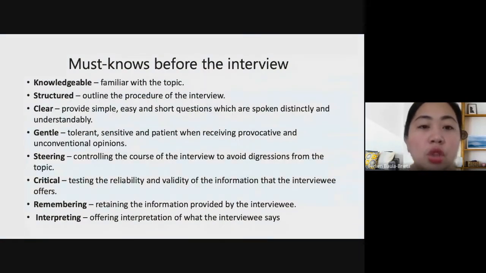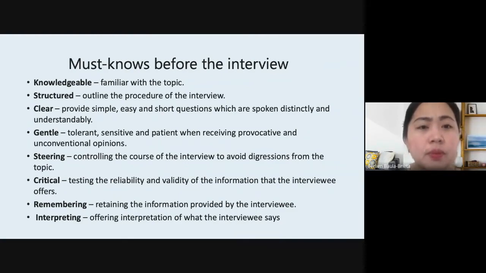The interview should provide easy, simple, short questions which are spoken distinctly and understandably. It has to be gentle. It has to be steering, controlling the course of the interview to avoid digressions from the topic. It has to be direct, in other words. And if it goes beyond the topic of the research, the facilitator knows how to steer it back, going to the correct direction. So you have to orient your facilitator with your research topic so that everything will move smoothly during the interview